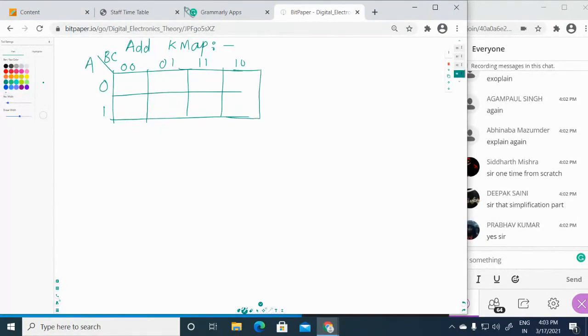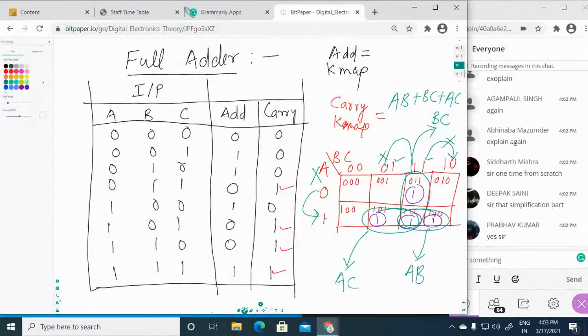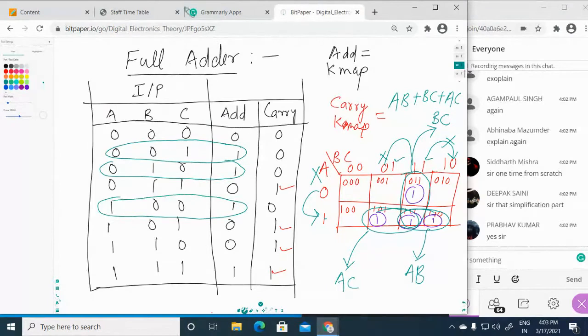This is the formation, and we have written the values that this 1 is present at this location. You note down this location, and we have to put 1 across these locations.